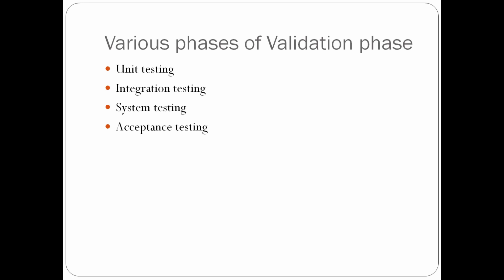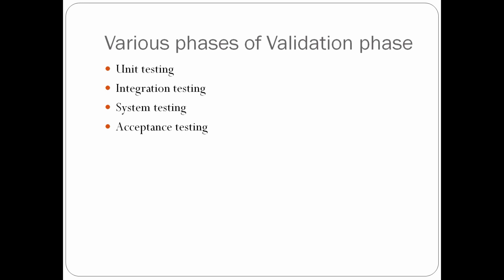Next, we have integration testing. Integration test plans are developed during the architectural design phase, and these tests verify that groups created and tested independently can coexist and communicate among themselves. Next, we have system testing. System test plans are developed during the system design phase, and unlike unit and integration test plans, system test plans are composed by the client's business team, and system testing ensures that expectations from an application developer are met.